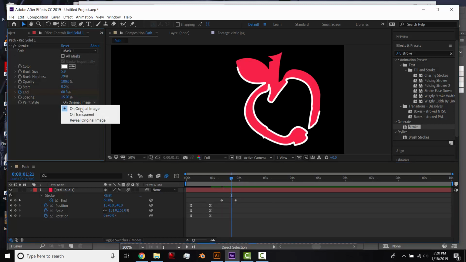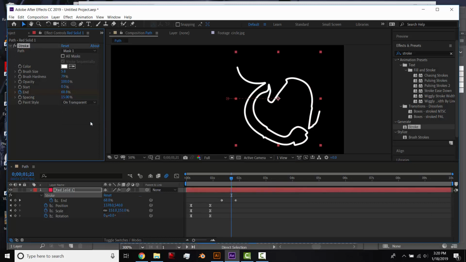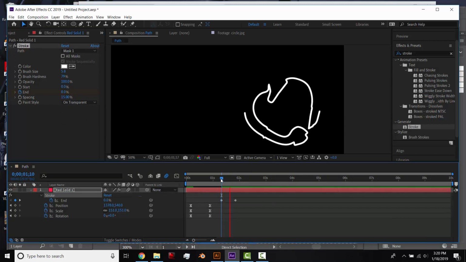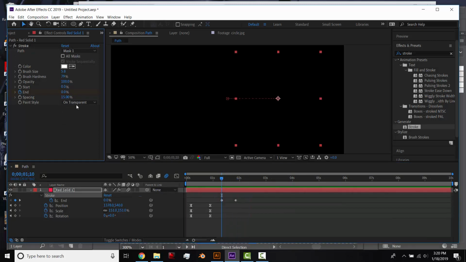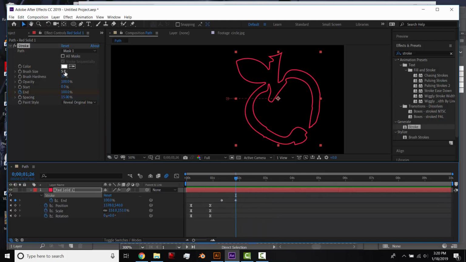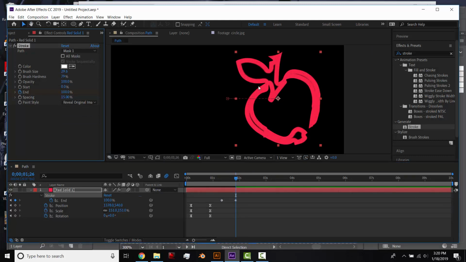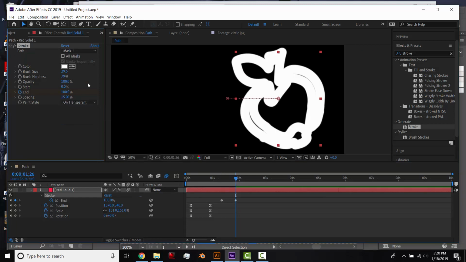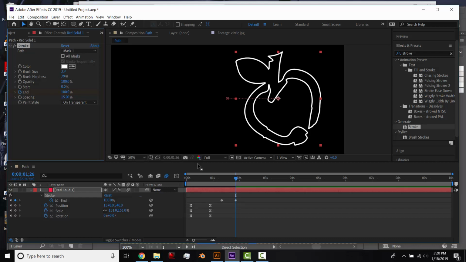So I can say On Transparent. So it animates. I'm not sure what Reveal Image is. Oh, that's just reveal, like if you have a bigger brush size, it's revealing wherever the stroke is, it shows what the image would have been. So I would do On Transparent to have this stroke,